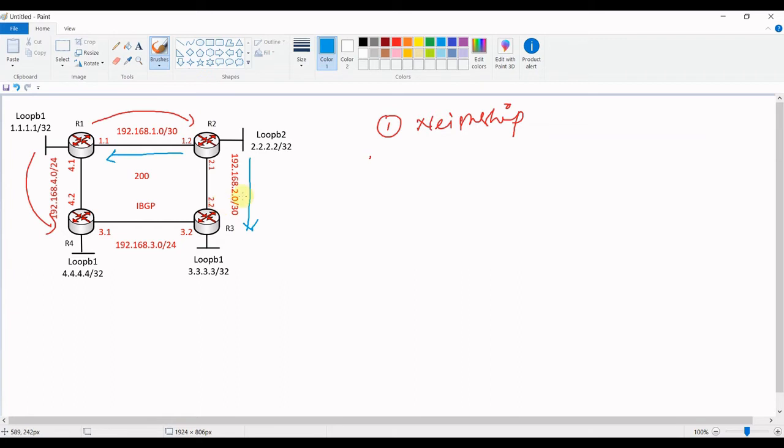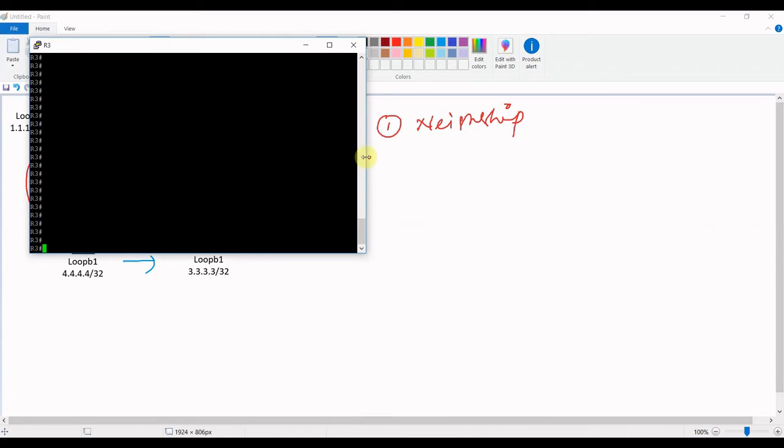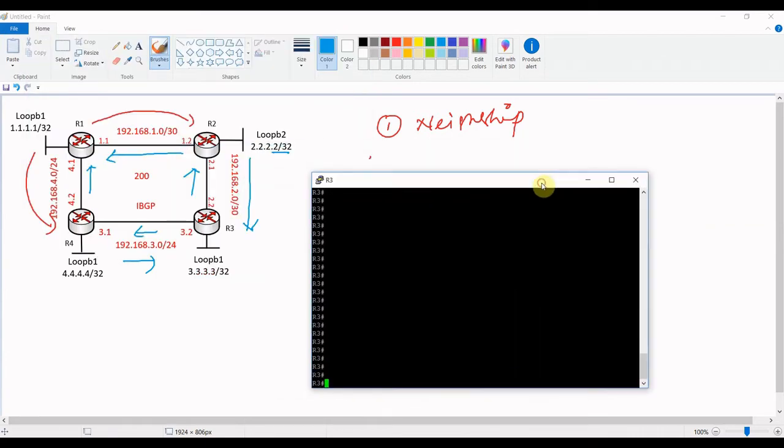So this has been specified, and then we have advertised this network. The same way we will go ahead to R3, between R3 and R2, and between R3 and R4 we will configure, and then from R4 we will do the same, R4 to R5, and then R4 to R3.